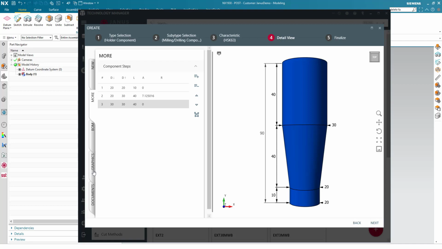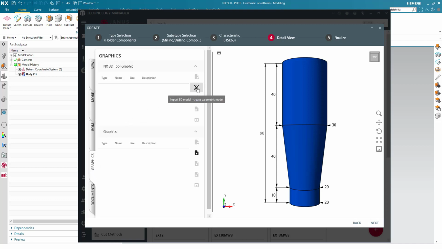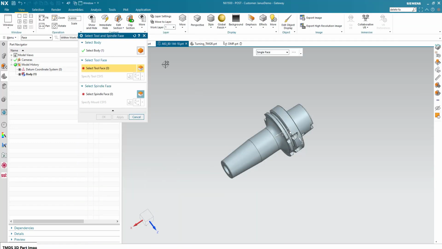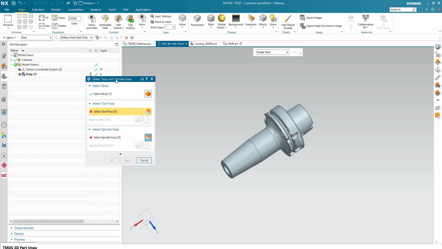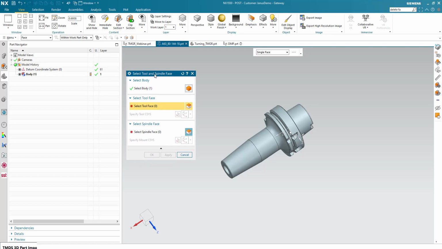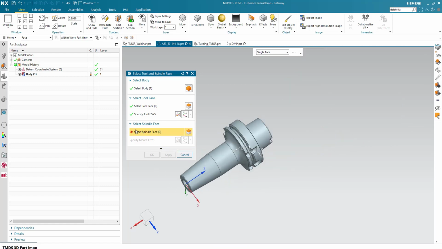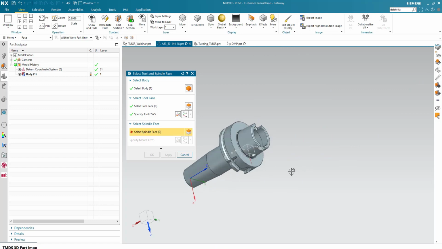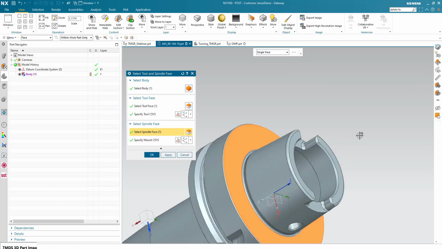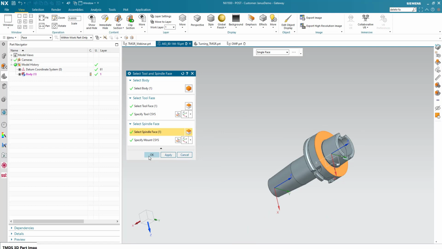I'm going to the graphics tab on the left side, and now I will hit the import 3D model icon. By clicking on it, the system changes right into Siemens NX and tells me exactly what to do now. So select the tool face. That's supposed to be the face where the tool will be attached in the aftermath. So that's the tool face now. Now the system wants to have the spindle face. So let's select it. That's the spindle face now. By clicking on OK,